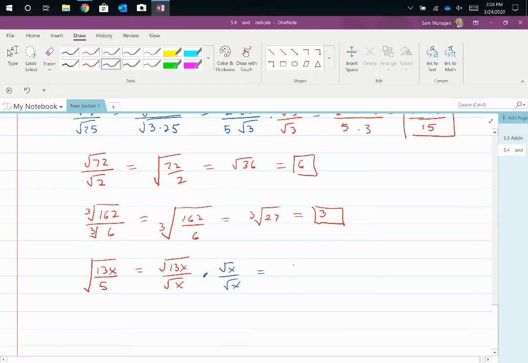So what we've got here is the square root of 13x squared over x, square root of x times square root of x is x. And then 2 into 2 is one single x, and that leaves 13. Square root of 13